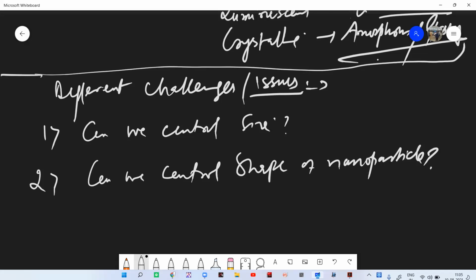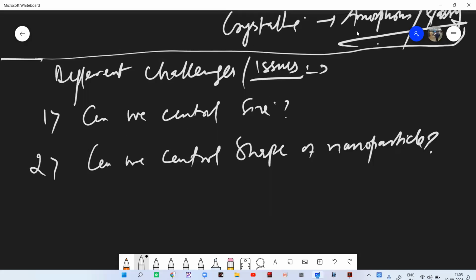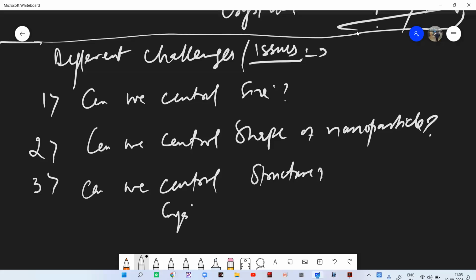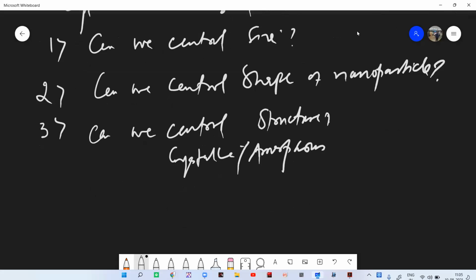The other thing is that shape is important. Number 3, can we control the structure of a grown, synthesized particle, whether it is crystalline or amorphous? Number 4,